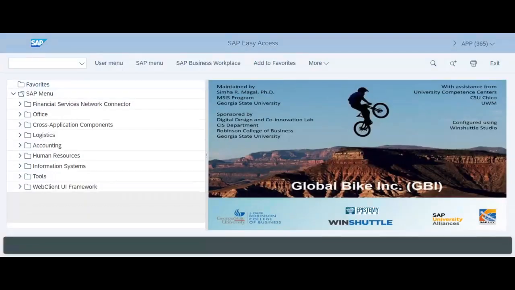Step 4, create a new vendor master data. This step is a little bit tricky, so be very careful to follow the instructions step by step. This one you can follow the manual path or the transaction code. This one I'm going to use the transaction code directly, which is